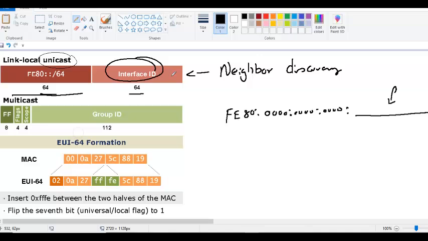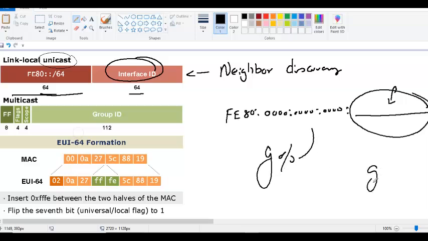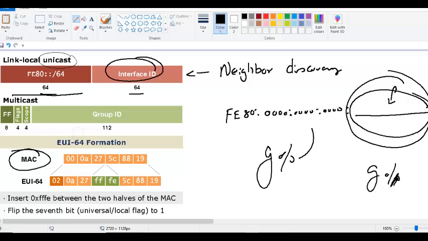Interface G0/0 link local address, interface G0/1 link local address will not be the same. Why? Because the interface portion is MAC address. Because the MAC addresses are unique, the link local address also will be unique. Now coming to this portion only, I'm going to focus on this portion. MAC address is only,